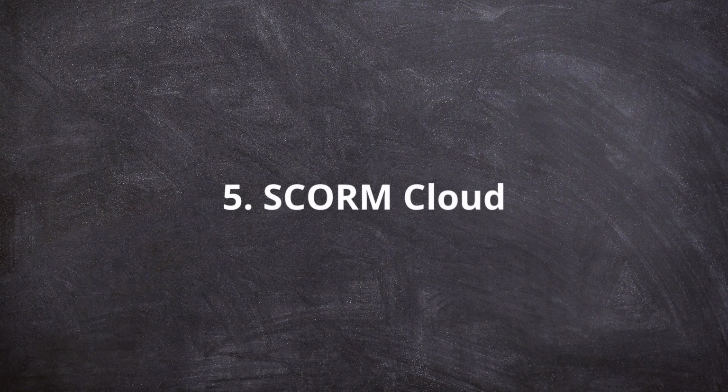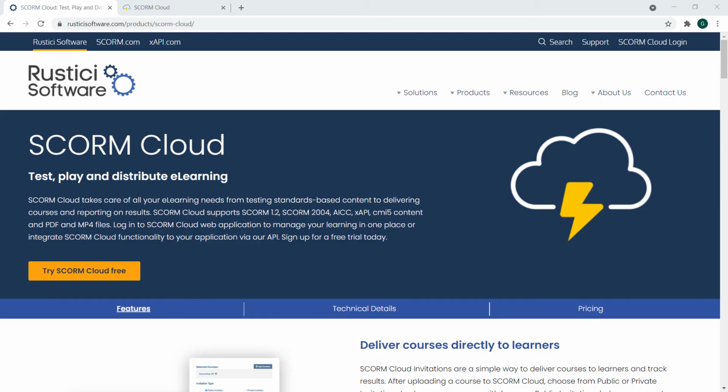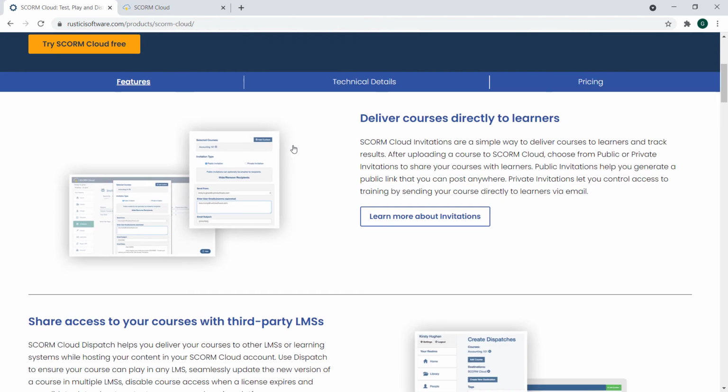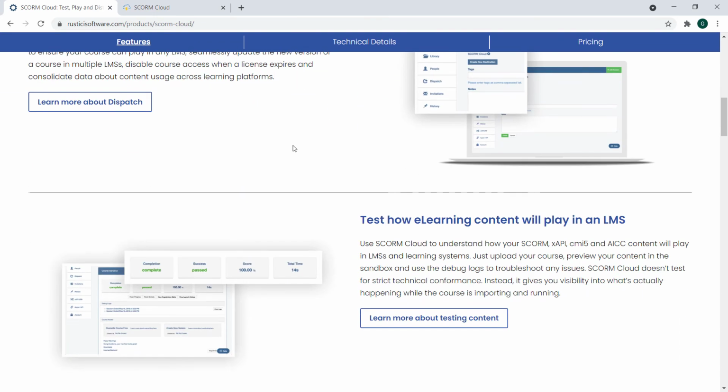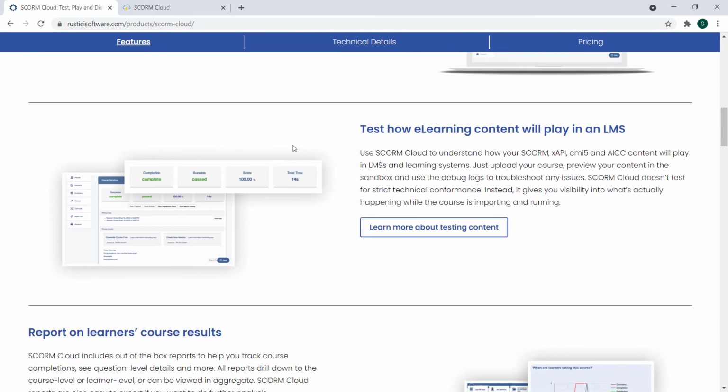On to the last tool, which is SCORM Cloud. If you are working with an LMS, occasionally you may notice problems with the SCORM content you have uploaded. Maybe the course doesn't start the way you want it to, or the completion isn't tracked correctly. And you may be asking yourself, is this a problem in the LMS, or does it stem from the authoring tool? Now I really hope this never happens to you, but just in case, it is good to have ways to inspect your content. That's where SCORM Cloud comes in handy.